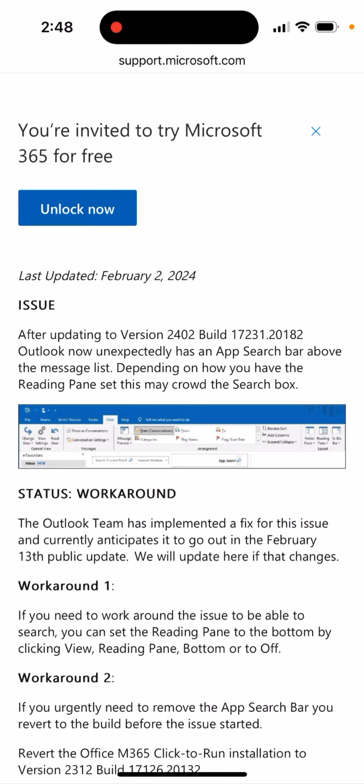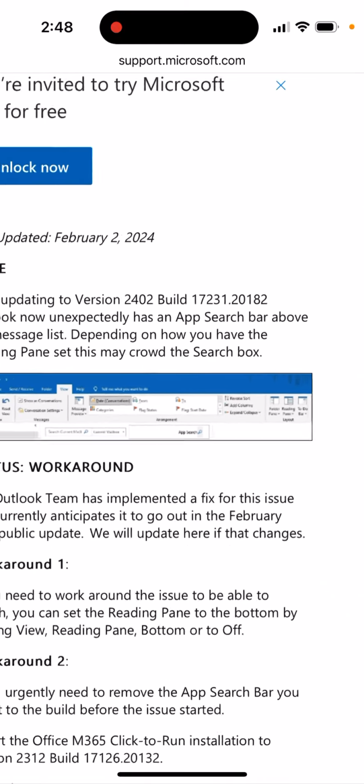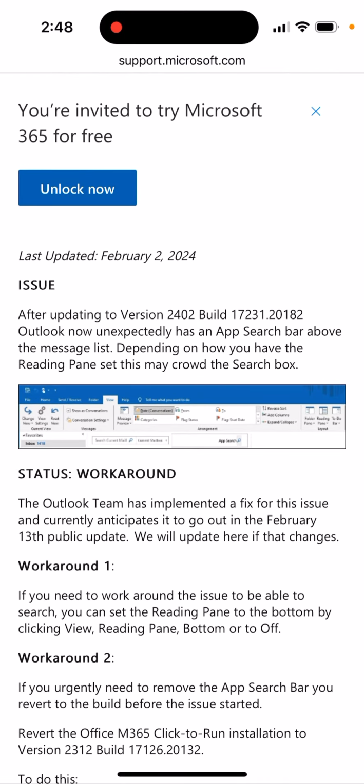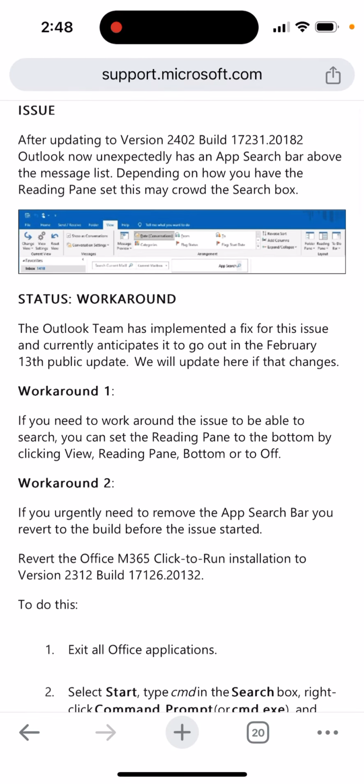So what's happened? Basically, it really is a bug. As you can see here, this is this app search bar. After updating to version 24.02 build, Outlook now unexpectedly has an app search bar above the message list. Depending on how you have the reading pane set, this may crowd the search box, and this app search bar literally takes half of your screen. So it seems that there are some workarounds, but the official position, as you can see from Microsoft, is in workaround status, meaning